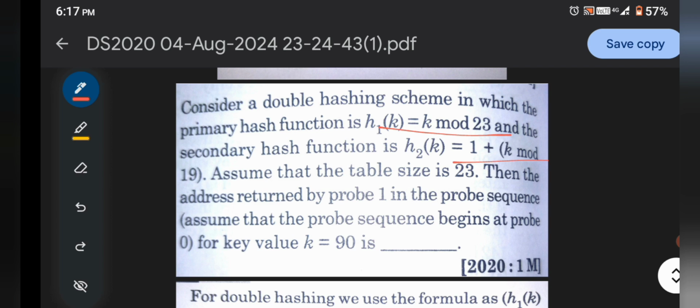Assume the table size is 23, then the address returned by probe 1 in the probe sequence, assuming the probe sequence begins with probe 0, for key value 19 is what?